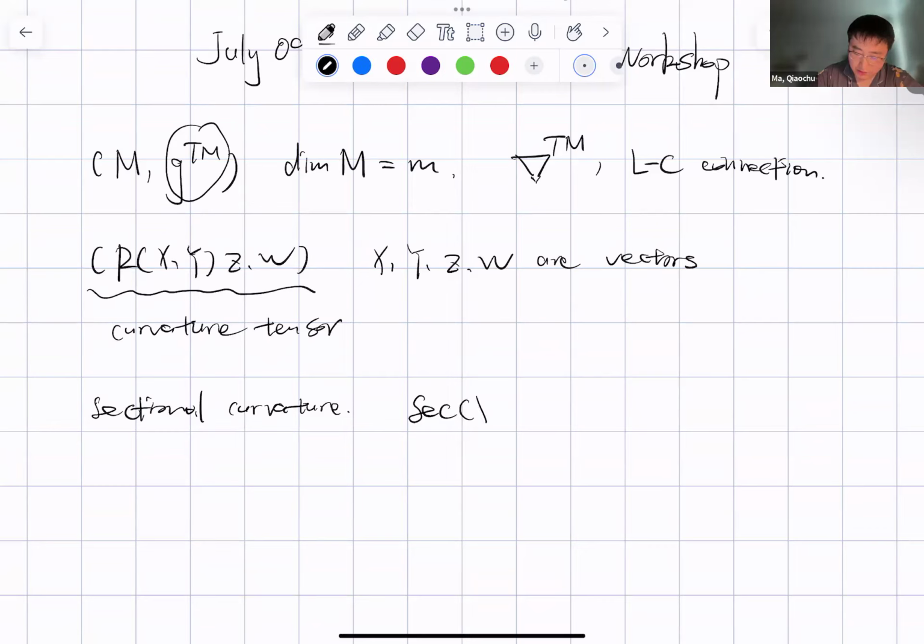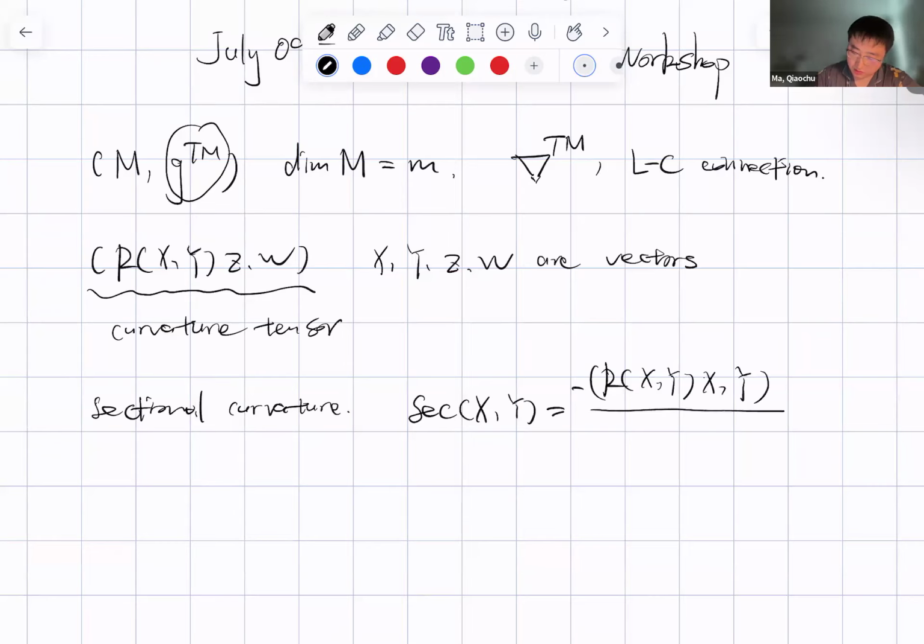For any two vectors, the sectional curvature is given by